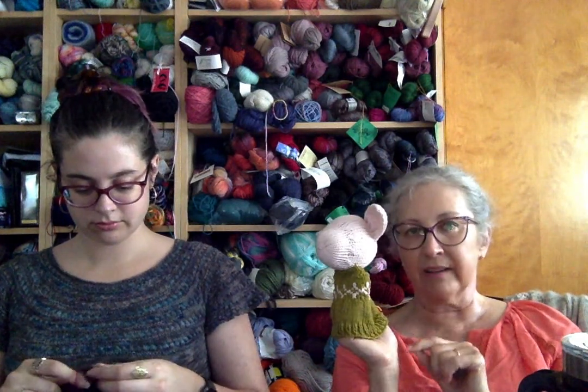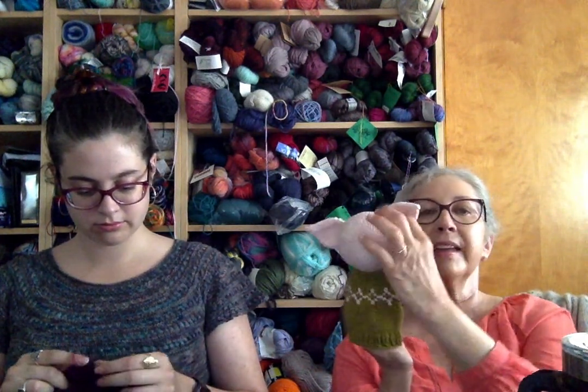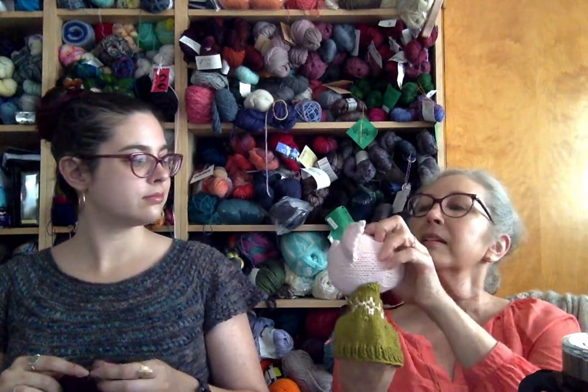Then they say leave a 12-inch tail, so you can go back in and sculpt the ears by gathering them. They're cute. To give them some personality. So anyway,